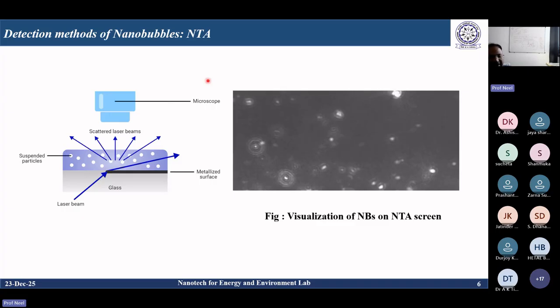One is called the NTA method, nanoparticle tracking analysis, by which one can detect nanobubbles. For example, I am showing the videos here. These bubbles can be seen by a microscope fitted in a very small system, where we pass laser light, and based on the scattering of light, one can measure